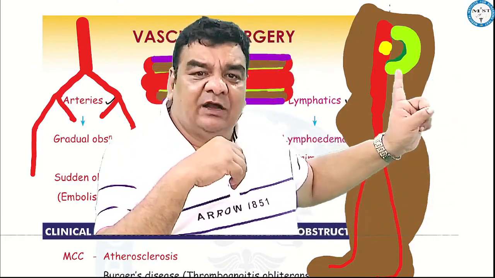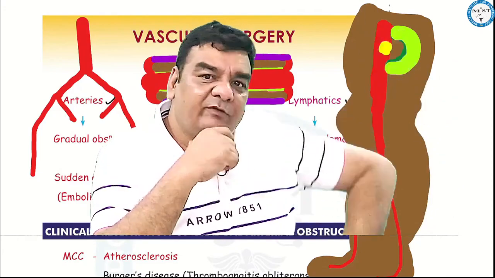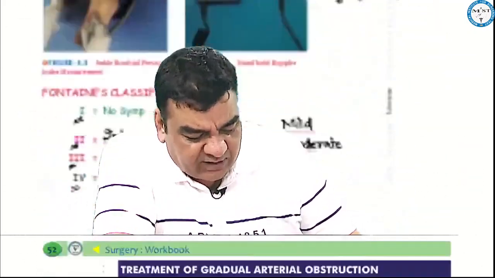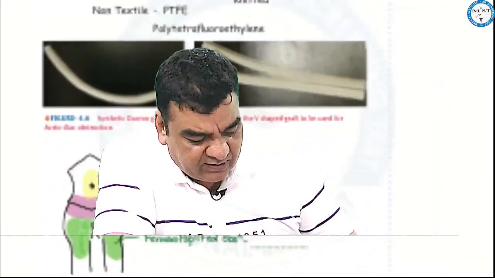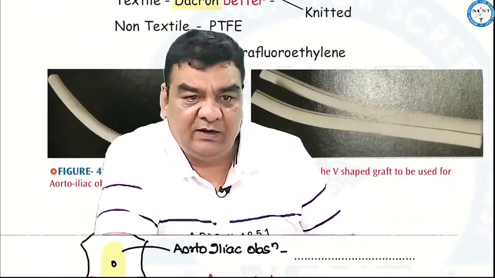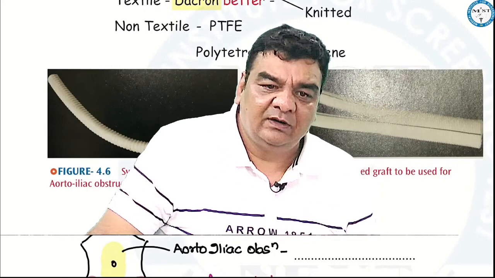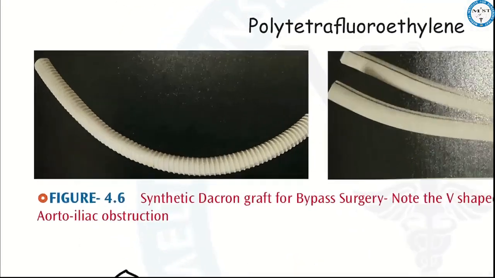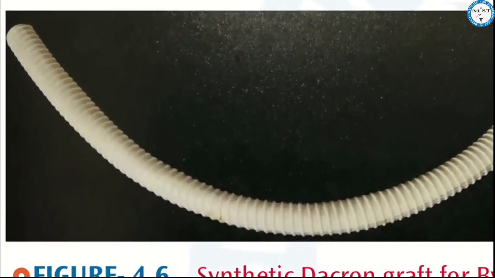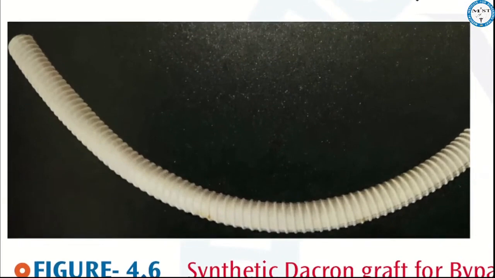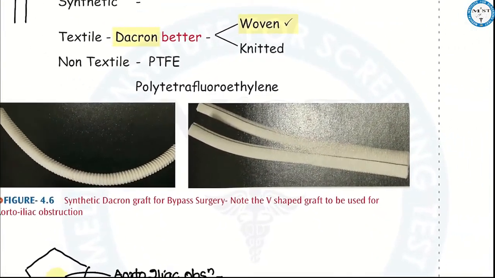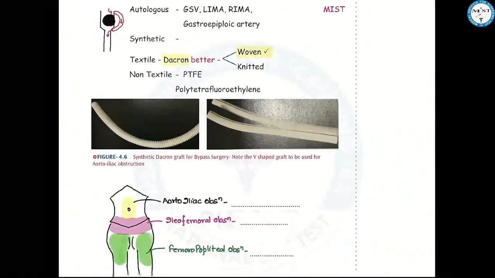However, beta, these grafts what you're seeing here, they are also available in the market, synthetic graft. These grafts which are available in the market may be made of some textile material or non-textile material. These are synthetic grafts what you are seeing. They are available at the chemist shop, right? These are made of textile or cloth material, Dacron graft. These are also available as non-textile material,